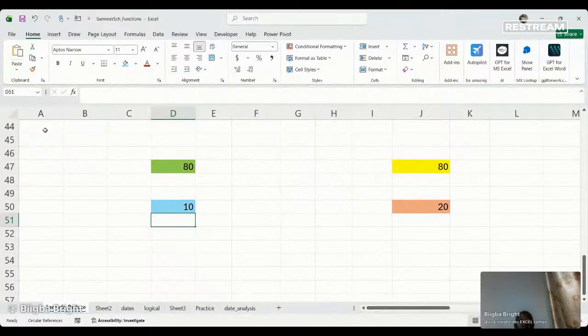Now, Excel, if this is where I was and I was referring to this particular A2 to D47,